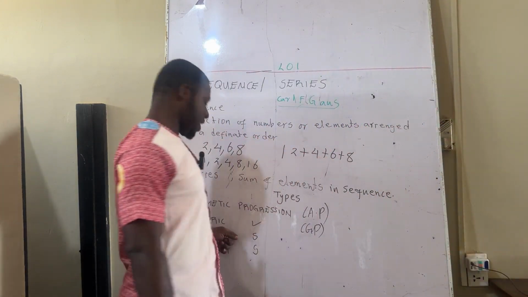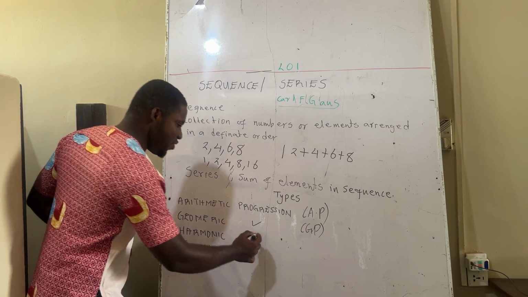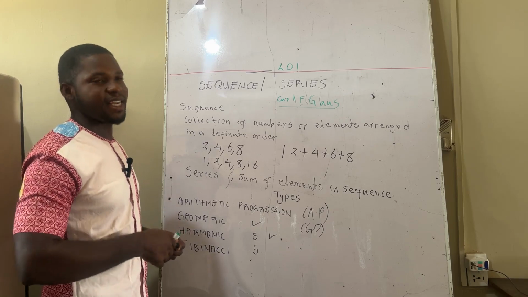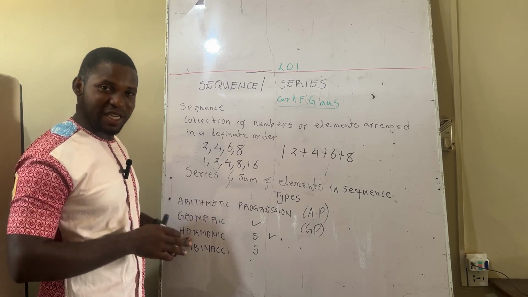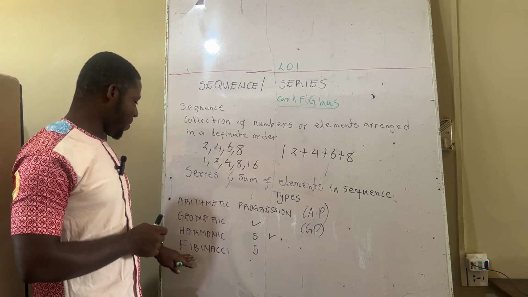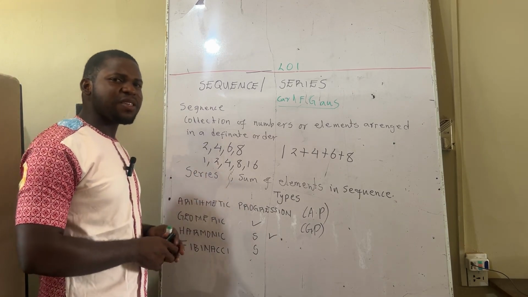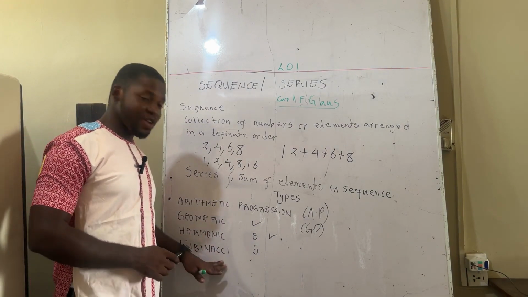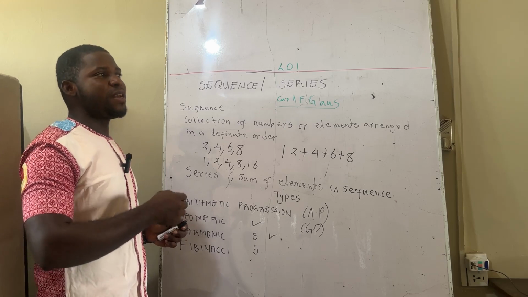Harmonic sequences are used in music. For instance, the guitar is where harmonics are used. Those who have been playing the guitar know that is the mathematical aspect of music. So even in music, mathematics plays a role. The Fibonacci sequence is just applied in nature. The shell of a snail uses the Fibonacci sequence, and the Milky Way galaxy uses the Fibonacci sequence. And even the peel of